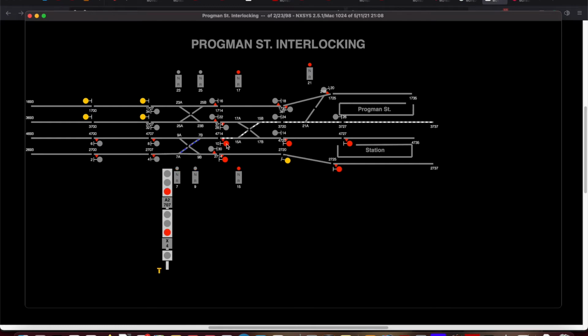So I'm going to cancel those signals, and now we see that these blue lines, which don't exist on a real panel, but NXSys shows you them to help you learn, these two switches are thrown. But we don't have to worry about that, because if we want them to be unthrown, for instance, to route a train from 4 to 30, we just say route the train, or set up a route from 4 to 30, and there we go, the interlocking line is set up, and we have green over green, which means go straight.